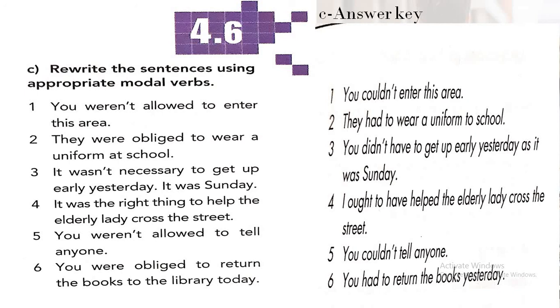You had to return the books to the library, so you are obliged, you must, you had to. It's an obligation, so we use had to. Very good, dear students. Please remember to correct if you have any mistake, or to copy the answers in your